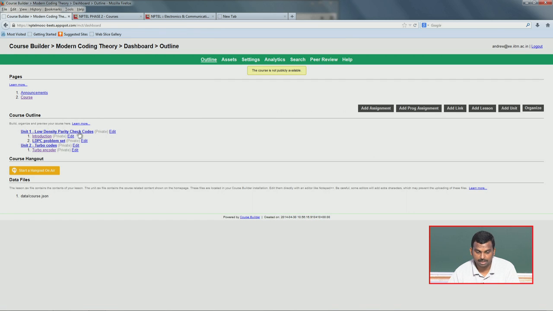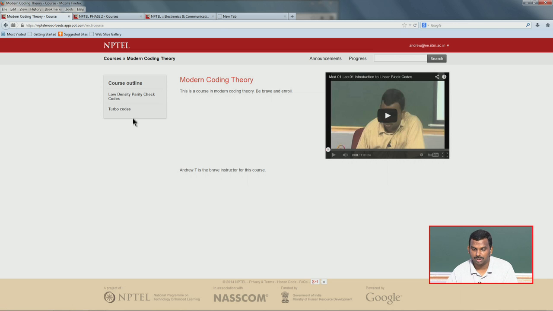Now, an assignment has been created, LDPC problem set, in this. There's nothing in the assignment, but I've just created the name. So let's see how it looks immediately. You'll see there'll be nothing in it, but at least it's been created. If you click on this, there you go. Under low density parity check codes, there is a lecture and then there is an assessment. So if we click on the assessment,